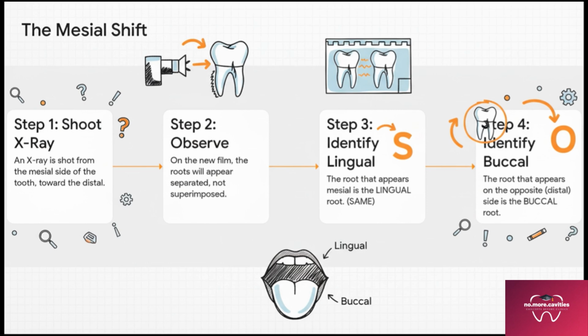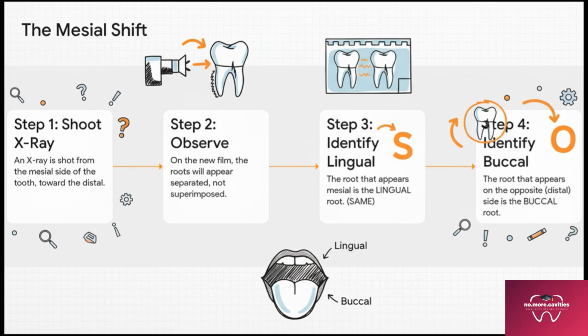Step 3, this is where we apply the rule. Which root looked like it moved in the same direction as the machine? That's your lingual root, the one on the tongue side. So same lingual. And that means for step 4, the other root, the one that looked like it moved the opposite way, that's got to be the buccal root on the cheek side. Same lingual, opposite buccal. And just like that, the puzzle is